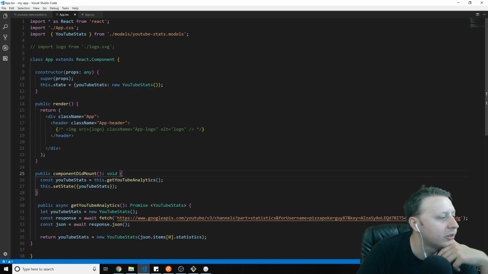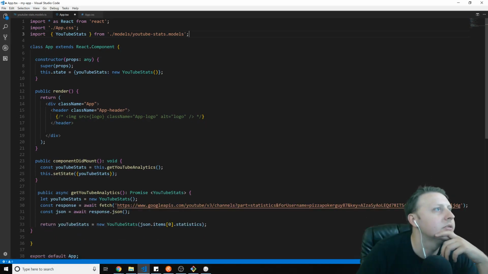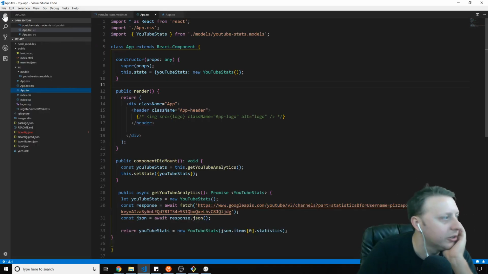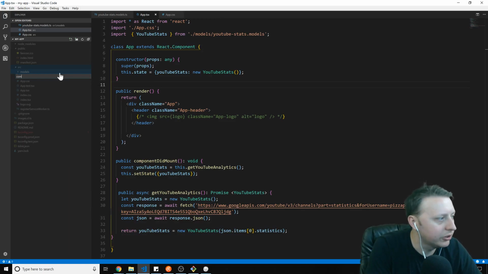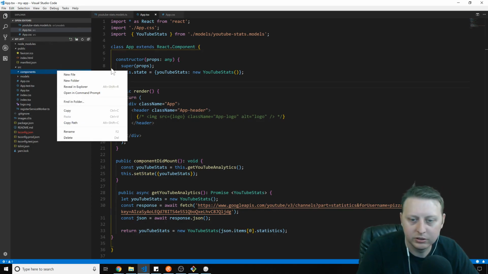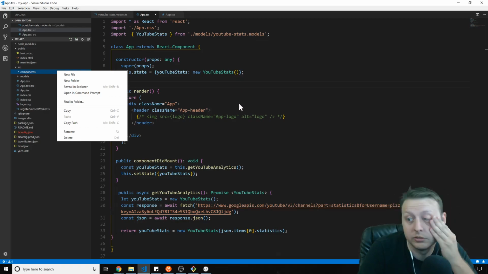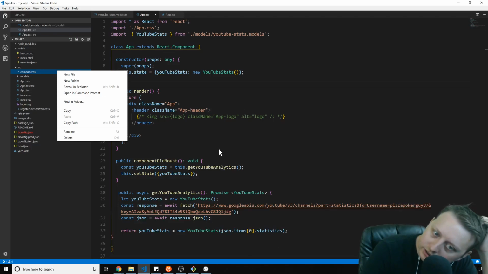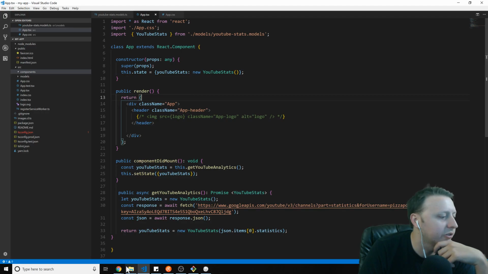All right, so componentDidMount. We have our constructor. Go ahead and get rid of that. All right. So let's go ahead and create a new folder called components. You do. The JSON's asynchronous as well. So what's the folder structure for like a